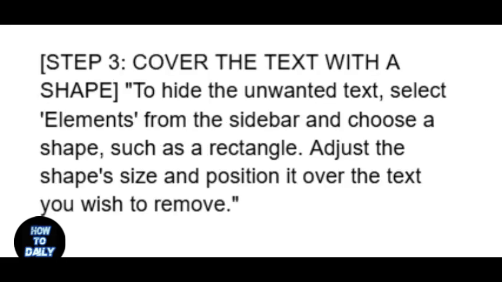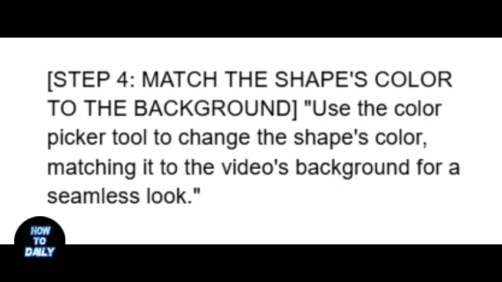To hide the unwanted text, select elements from the sidebar and choose a shape such as rectangle, then adjust the shape size and position it over the text you wish to remove. Now use the color picker tool to change the shape's color, matching it to the video's background for a seamless